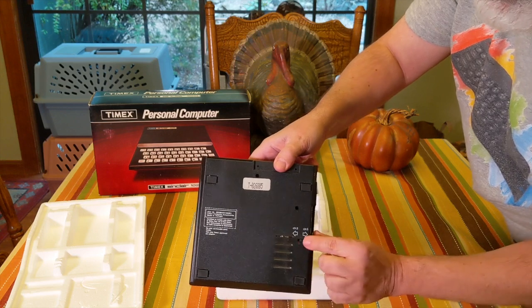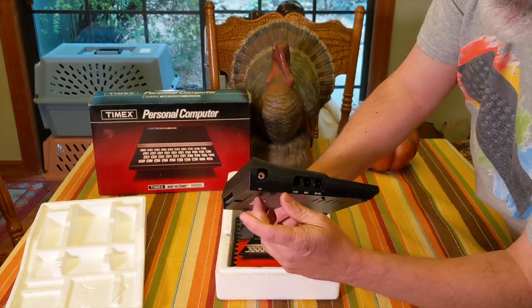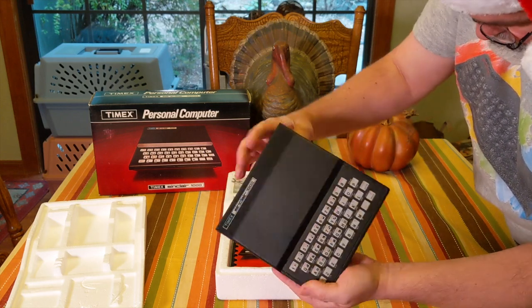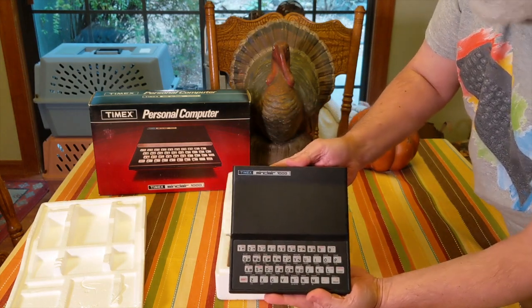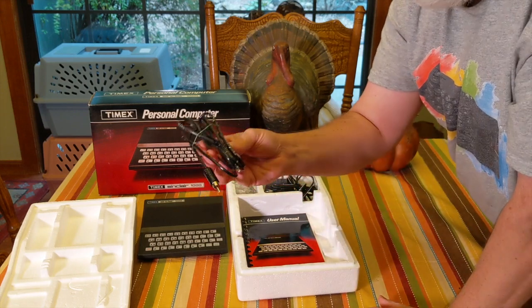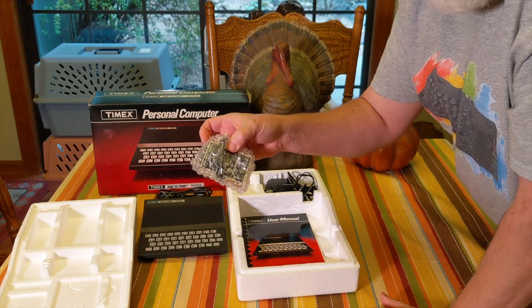Here's the back, channel selector. Here's the side: TV port, ear, mic, and 9-volt. Nothing on this side. There's the computer. RF cord, TV switch box,